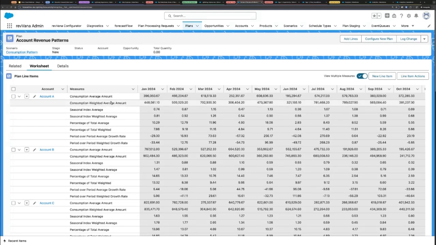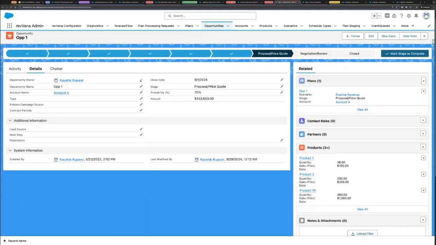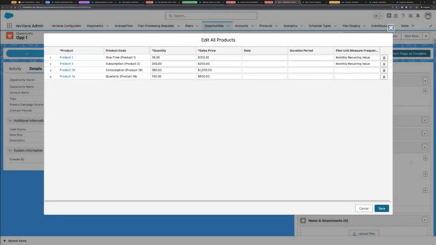We then take these patterns and apply them to opportunities. So, for example, this opportunity has four products. Each of the products follows a different revenue profile, from one time to generic SaaS subscription to consumption-based model.